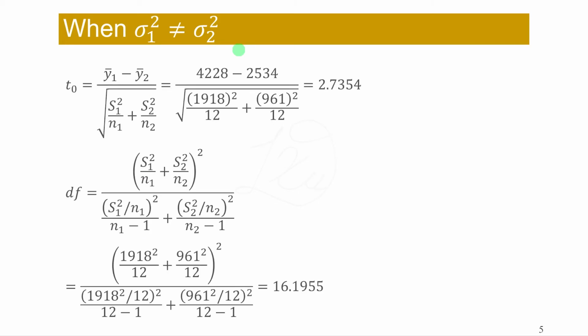In this situation, we will not use the pooled sample standard deviation in the calculation of the t-value. Instead, we will use this equation to calculate the t-value. This statistic is not distributed exactly as a t-distribution, but it is well approximated by a t-distribution if we use this equation to calculate the degree of freedom. You can plug in the numbers and get the result of t being 2.7354 and the degree of freedom is